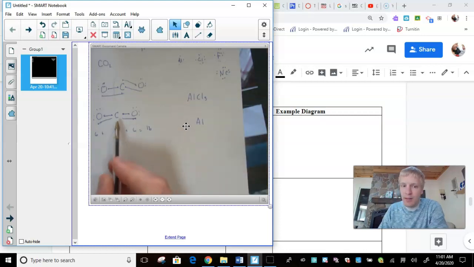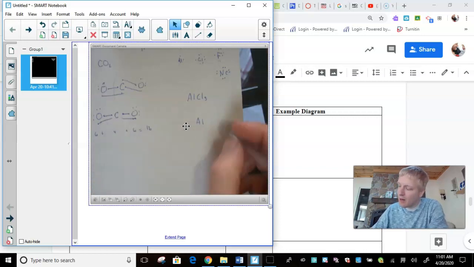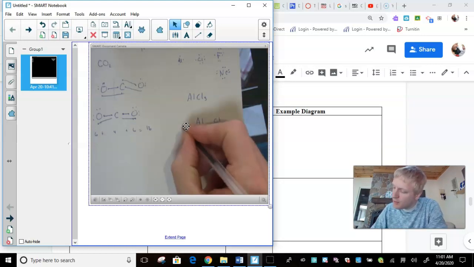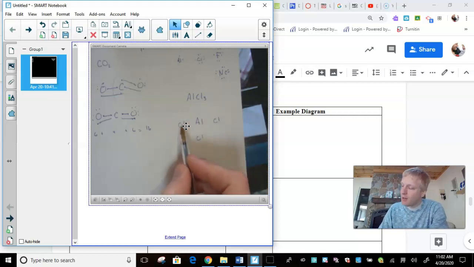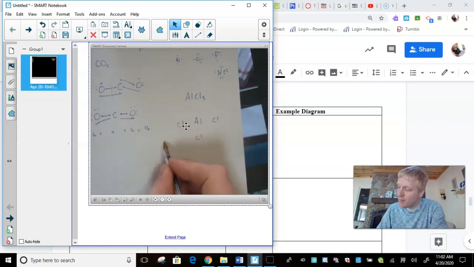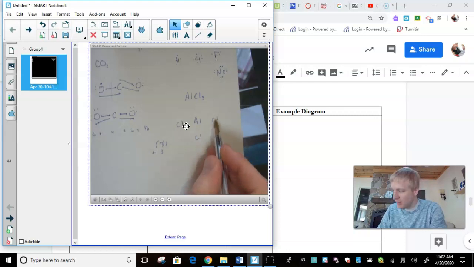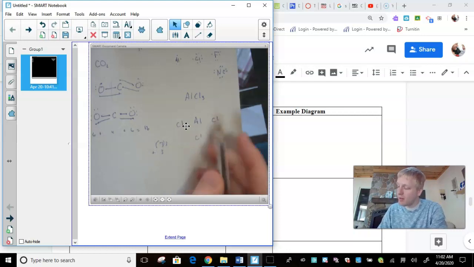I'm going to do it the high school way, the way that allows you to do it every single problem. We got chlorine, chlorine, chlorine. And chlorine has 7 valence electrons, aluminum has 3. So 7 times 3 plus the 3 from aluminum. So 7 plus 7 is 14, plus 7 is 21, plus 3